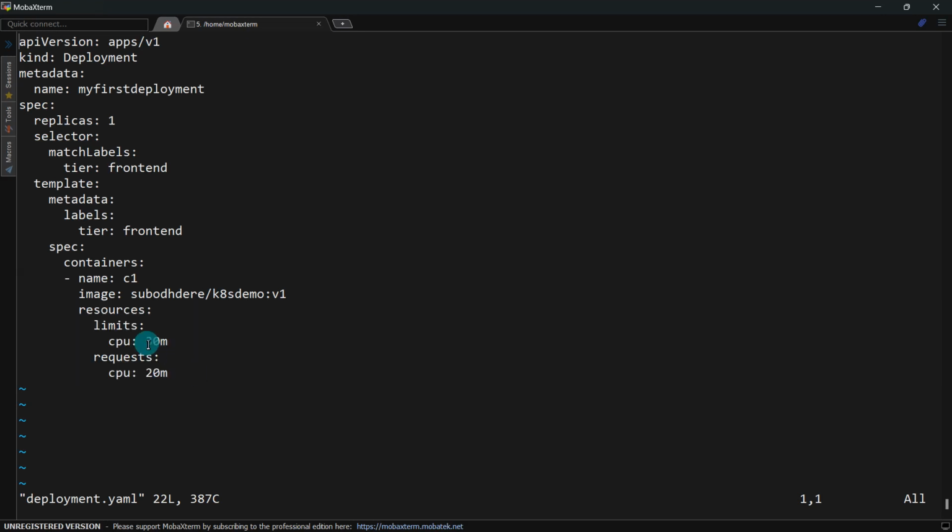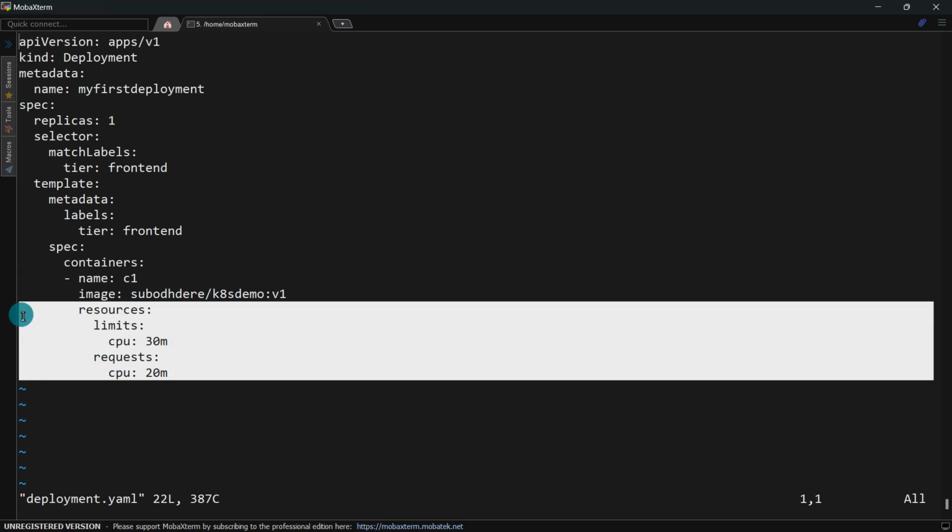So I hope you understood this part, like why we have to add the resources to the pod. And whatever we have discussed so far about the metric server and all those things, is it clear? Okay, not an issue. So if this is clear, well and good. We are just adding the resources over here so that my pod has certain constraints over the resources. It should not use